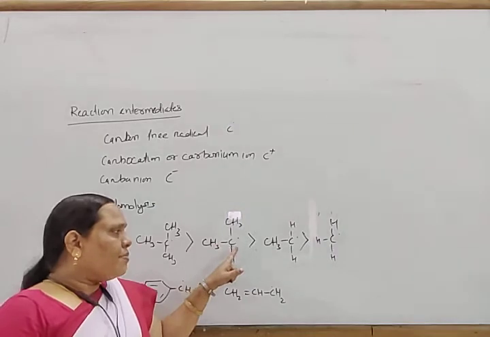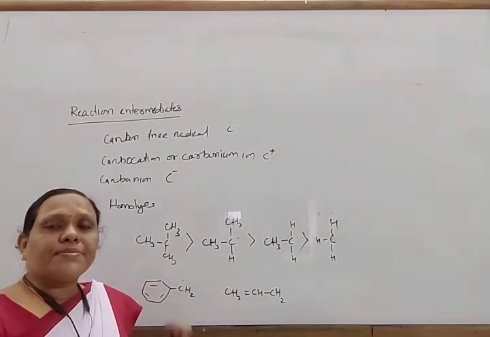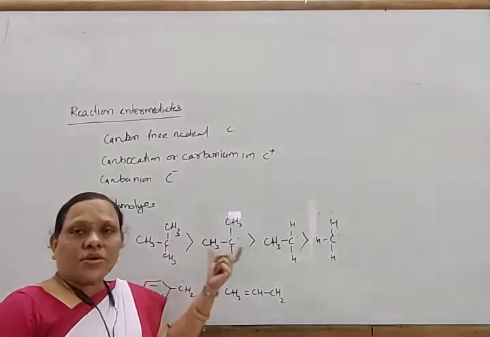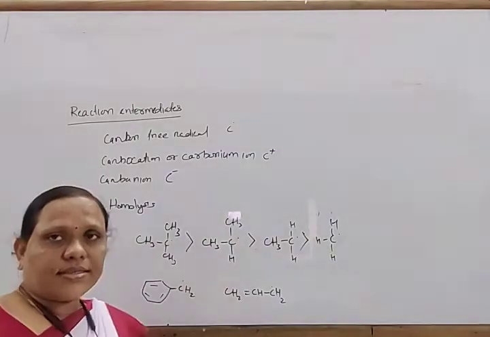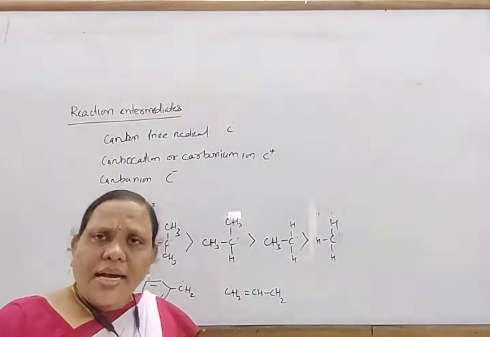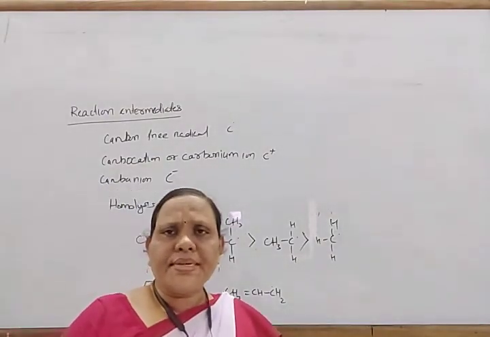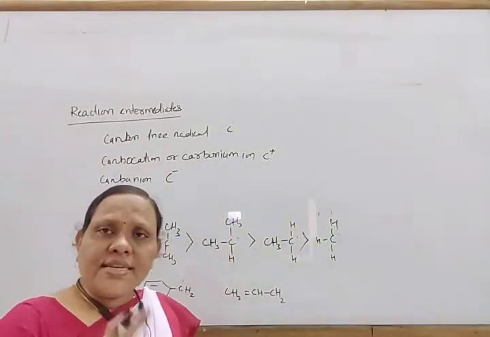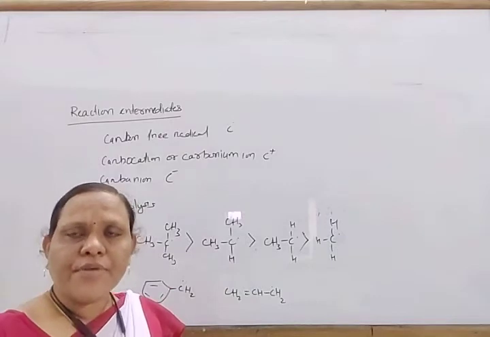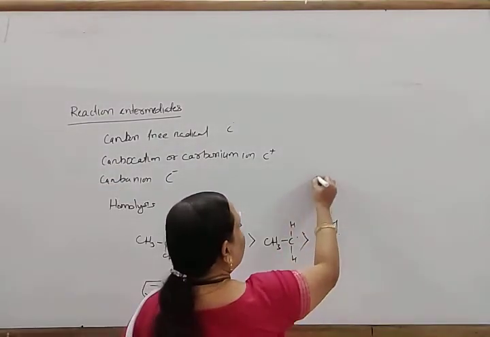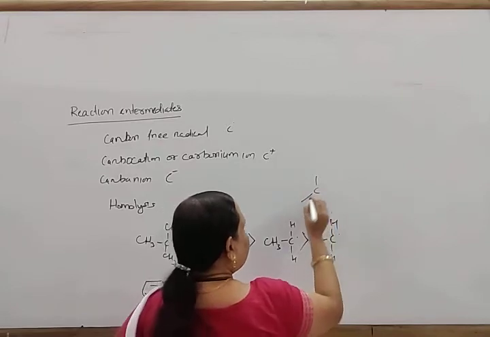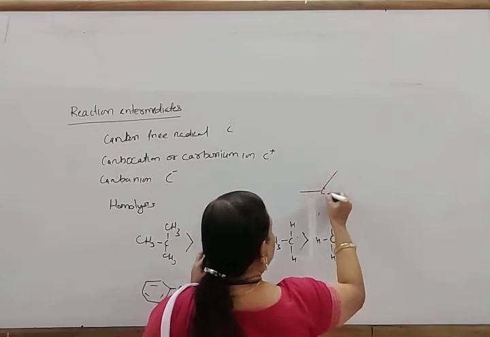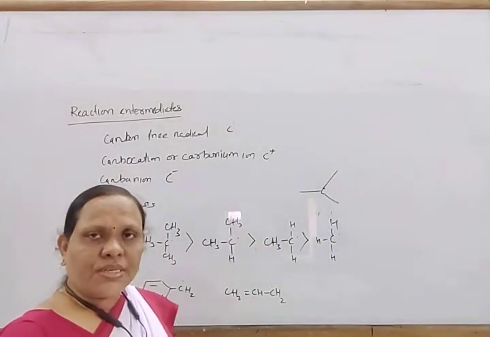Actually, the carbon atom here has undergone sp2 hybridization. As you know, the sp2 hybrid orbitals are planar in nature. The three hybrid orbitals always form sigma bonds. In this way the carbon has three sigma bonds, and the bond angle between them is 120 degrees. The bond angle between these hybrid orbitals is 120 degrees.